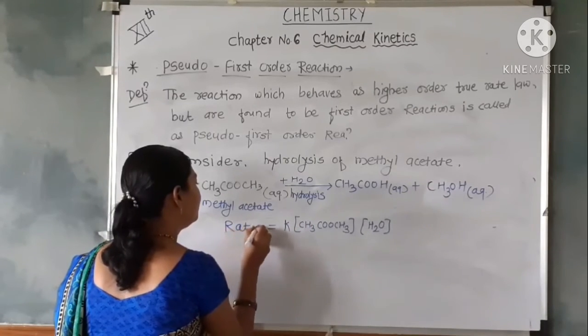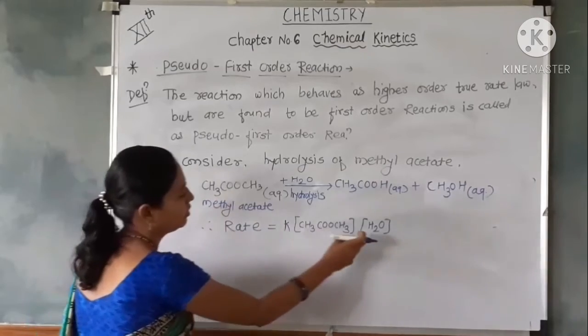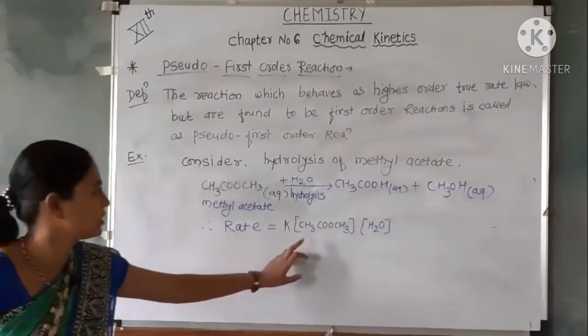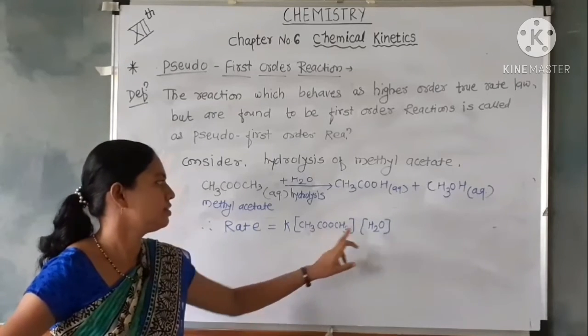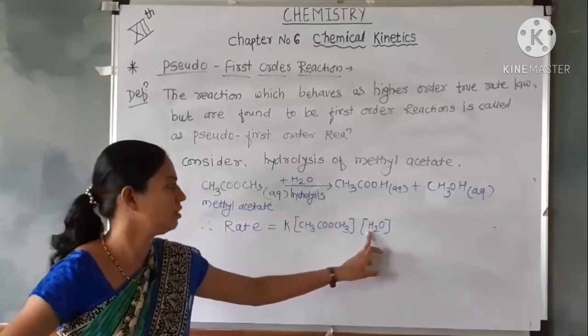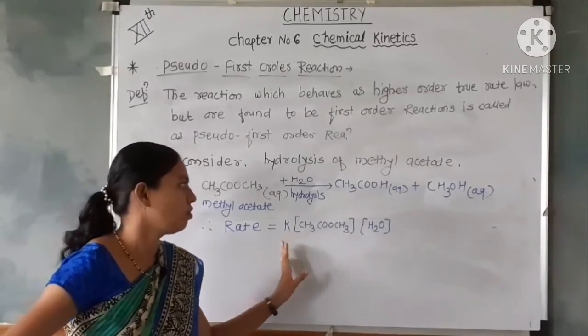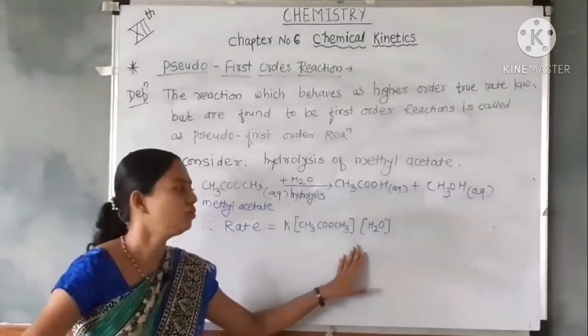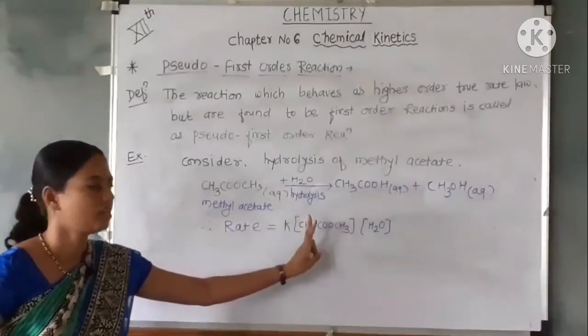Rate is equal to k into concentration of methyl acetate into concentration of H2O. In this, the reaction was expected to be second order because methyl acetate and water have orders 1 and 1, which gives order as 1 plus 1 is equal to 2,